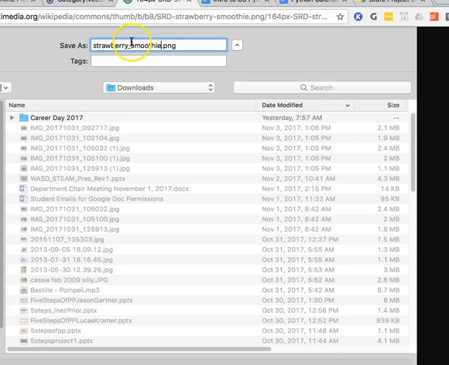Never put spaces in the names of graphic files that you plan to use in the computer science projects. If you're doing Instagram stuff or Snapchat and you have a graphic on your phone, that's up to you. But it will cause you headaches later if you put spaces in there. So we typically use an underscore so it kind of looks like two separate words. Notice that the format of this particular graphic is a PNG file. I can later change it to a GIF or a JPEG, JPG if I'd like. So I'm saving it,